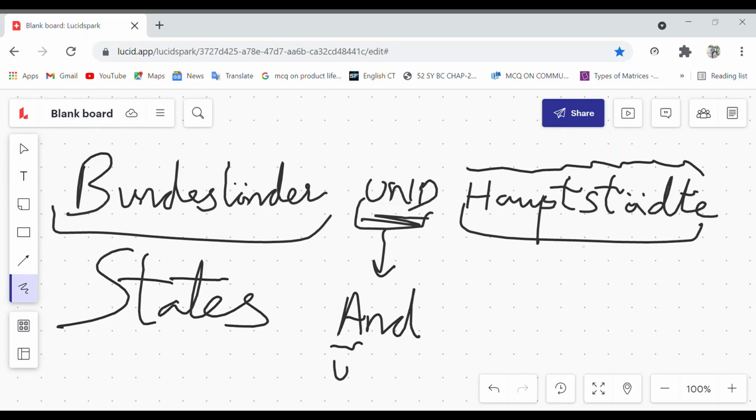Even I am not able to pronounce it properly. So Bundesländer means states, und means and, Hauptstädte means capitals. Understood?